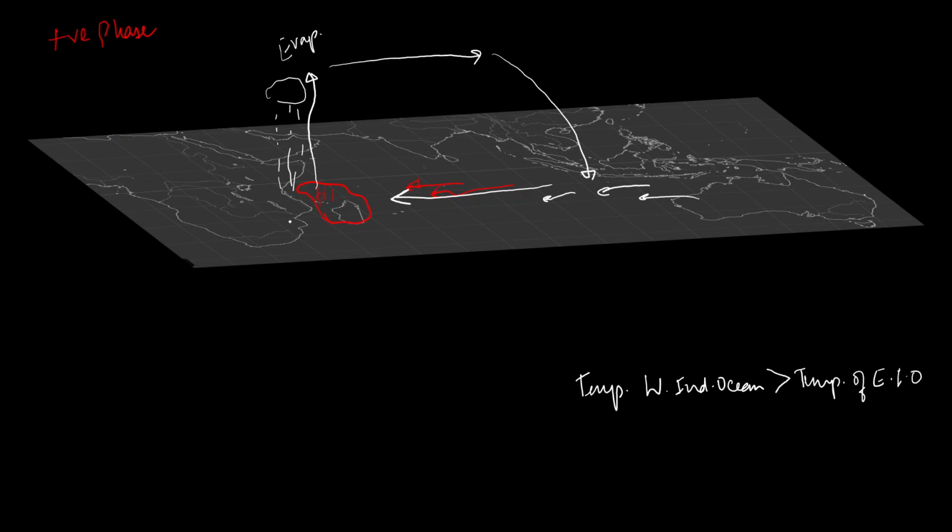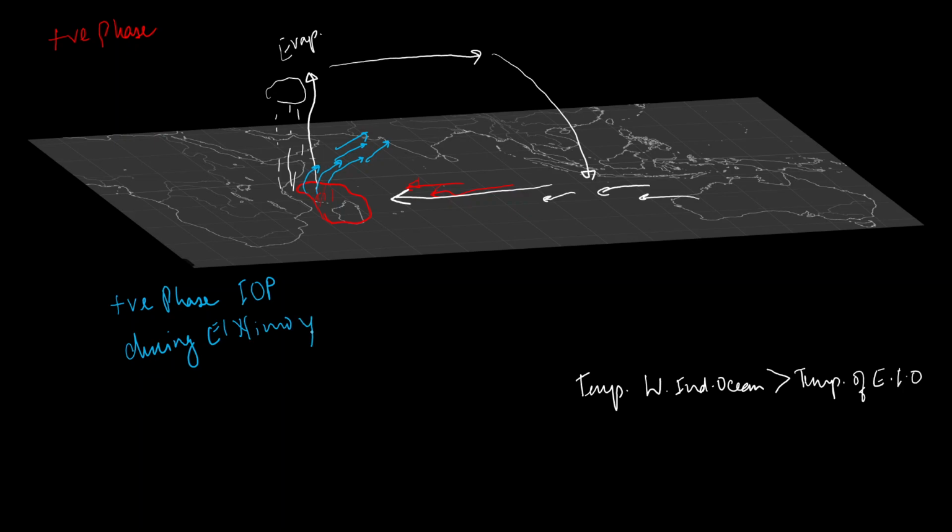When the western side of the Indian Ocean becomes warmer, at the same time it also makes the Indian summer monsoon stronger, because the evaporation that is happening up over here gives a boost to the Indian summer monsoon. So during the positive phase of the Indian Ocean dipole, the summer monsoon witnesses high rainfall. The positive phase is also important sometimes to the extent that the positive phase of the Indian Ocean dipole, if it has occurred during